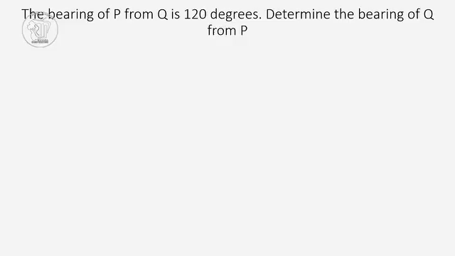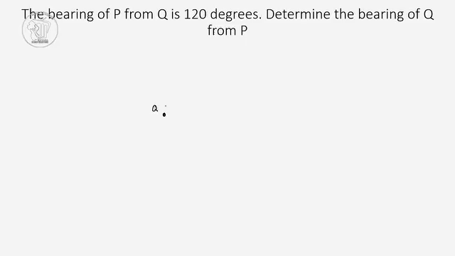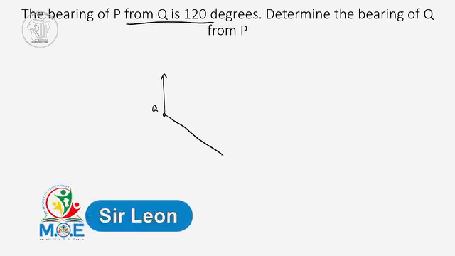Let's look at another one. This one says, the bearing of P from Q is 120 degrees. Determine the bearing of Q from P. So we need to draw this piece of information. It says the bearing of P from Q. Since we are coming from Q, we'll draw in a point Q. Next we draw up the north line. They said the bearing from Q is 120. You know here is 90, so 120 would be right somewhere here. And this will take us to this point, which would be P. So we put in the north line, and here would be 120 degrees. So the next question says,